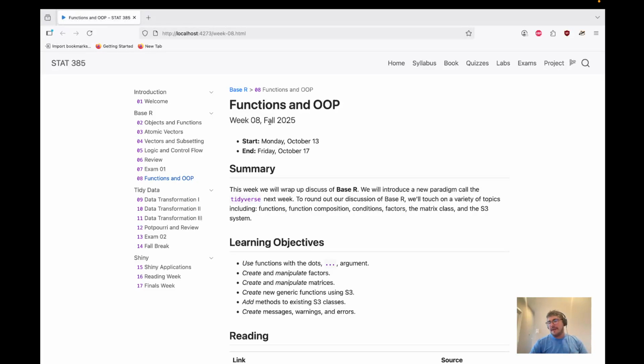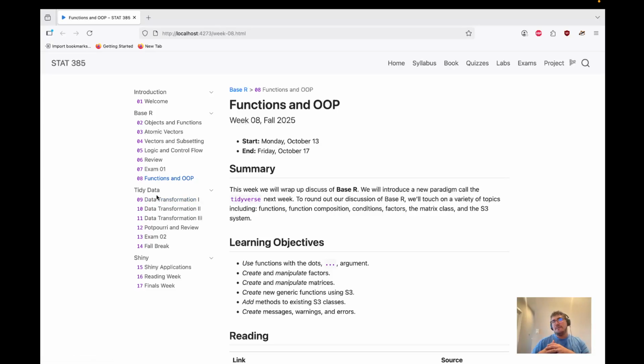As you may know, last week was the exam. I think it went pretty well overall. Scores as a class were good, with minimal technical difficulties, so good job. I'm happy about that. Exam 1 was on all of these topics: base R, building R up from the basics. And then this week, we'll wrap up base R before we switch to working with tidy data,